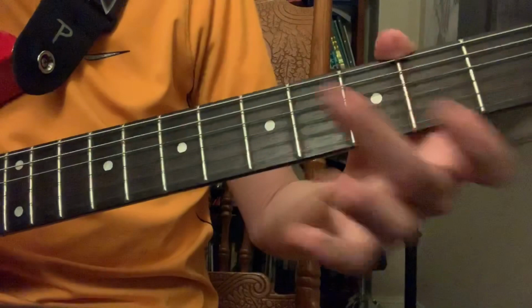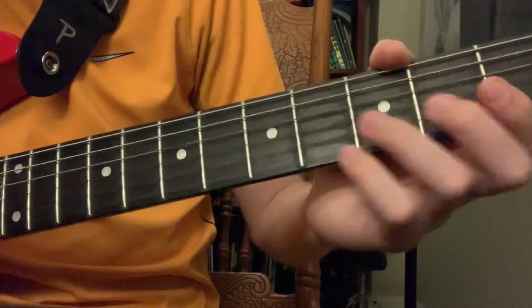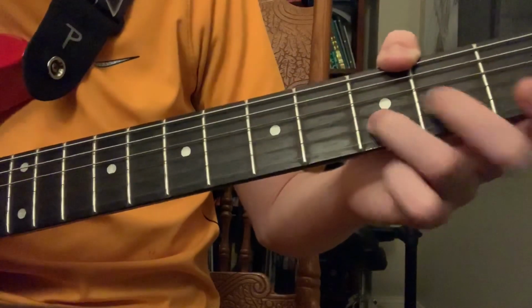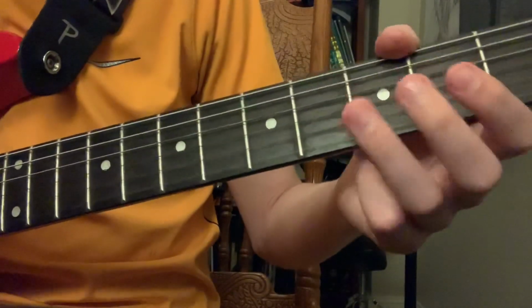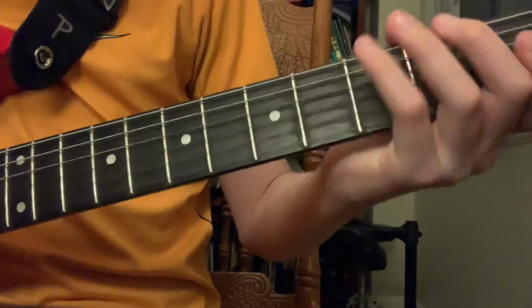So after that, you've got to do open E, and you just want to go down in a G shape, basically. And so that's not too hard. So what you got so far in that part is